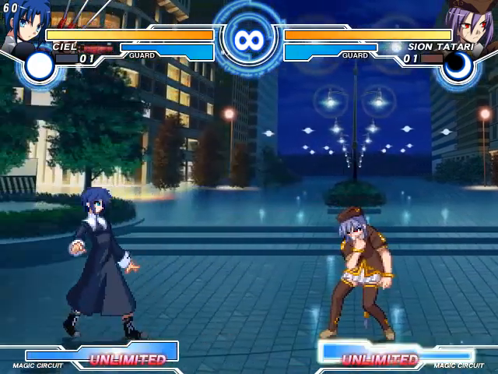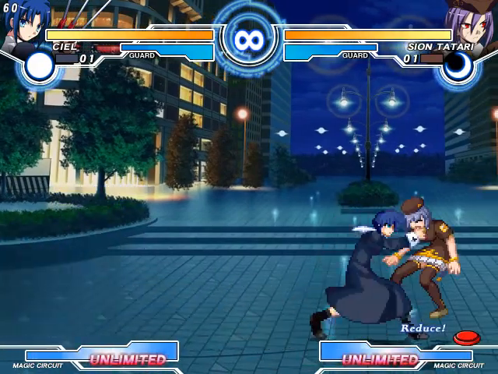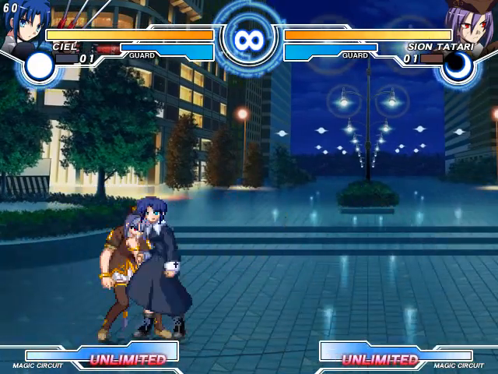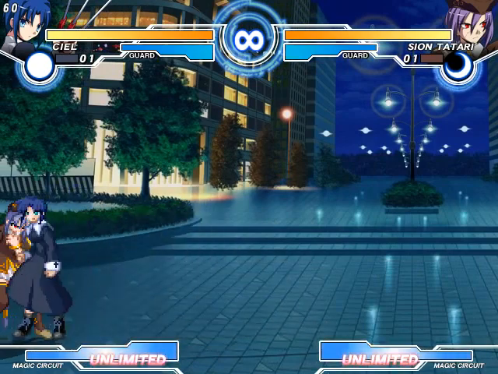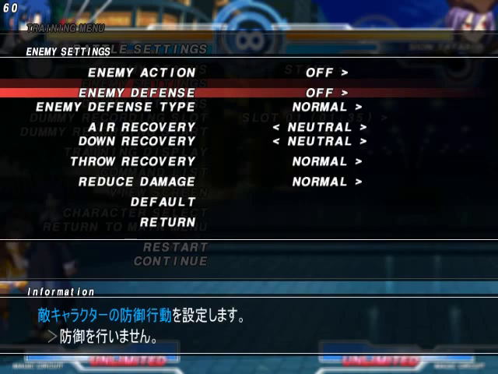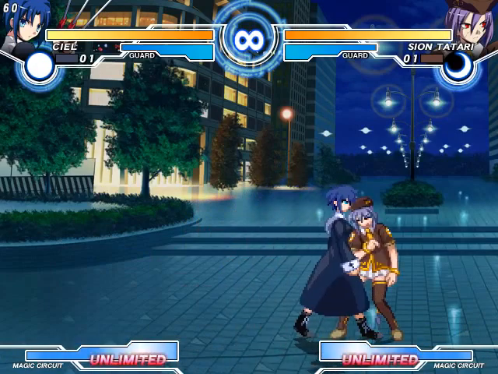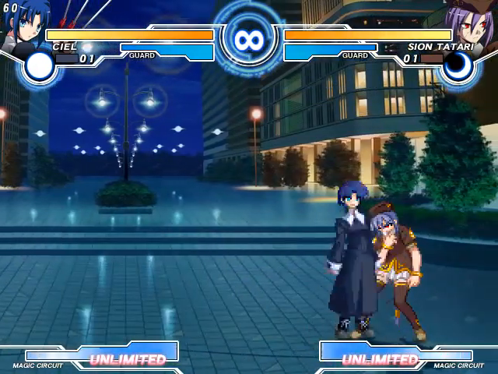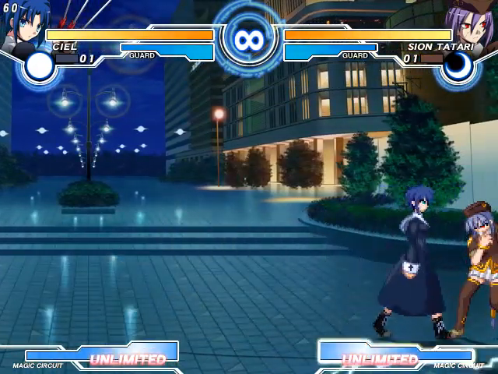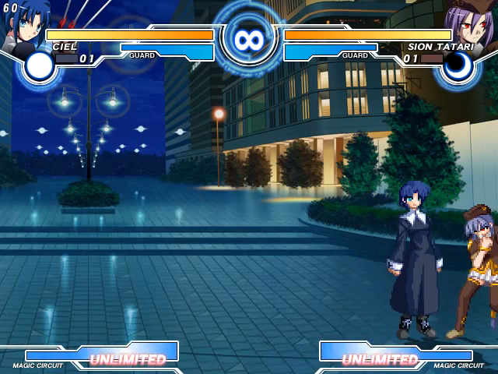So that's about it for neutral. So now I'm gonna talk about pressure. So for pressure, let's put the dummy block or guard. So let's go to the right side because I prefer the right side. So for pressure,